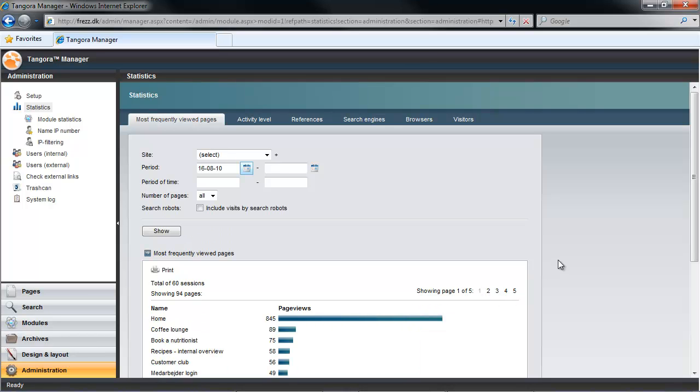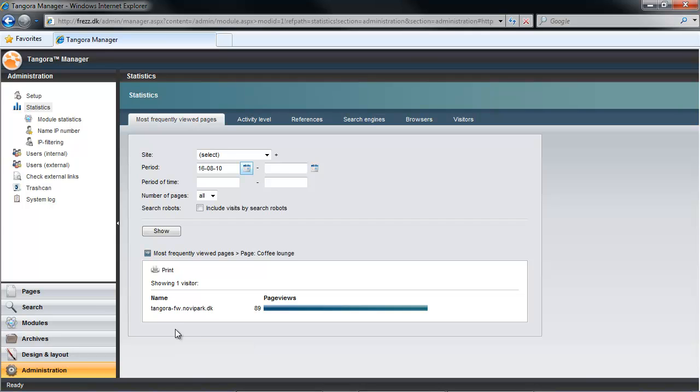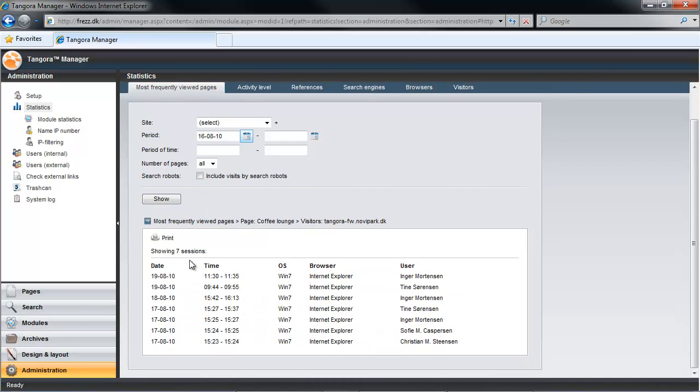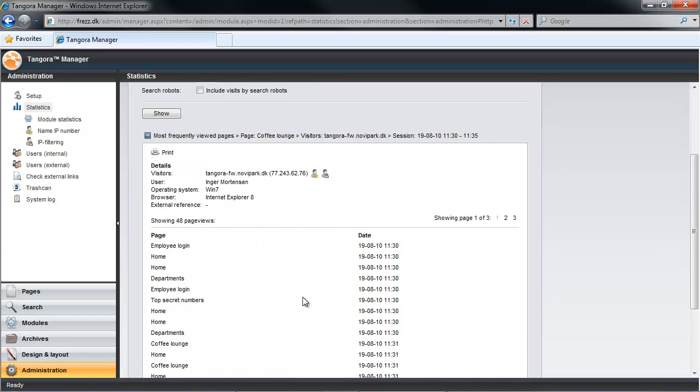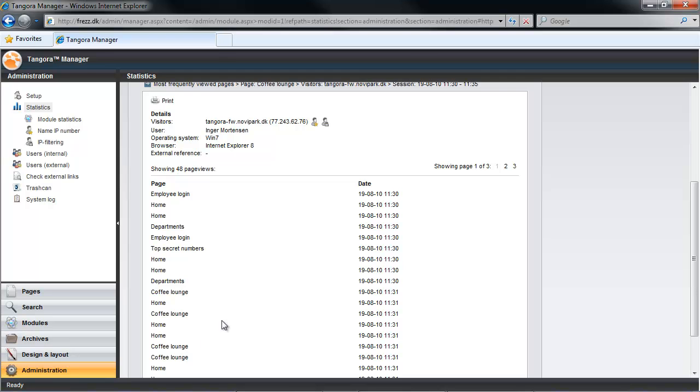But we have even more information we could view here. In a pattern that we'll see repeated under each tab, we're able to click into the whos, whens, and wheres of our guests' visits. If I click on a given result, we could see who visited the page, represented by the so-called IP address of the visitor. If I click again, I get information on when the page was visited, a representation of the so-called sessions. Incidentally, we could also see here which operating system and browser were in use, and if the visitor was anonymous or if they had an identity based on Tangora's external user module. If I click yet again, I could actually see for a given visit where the visitor otherwise has been in my solution and in what order.